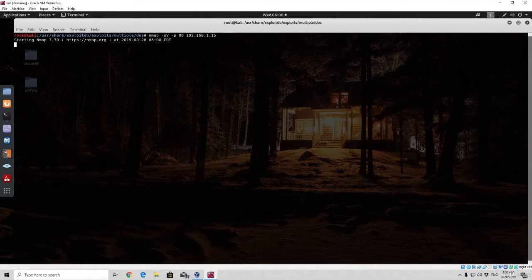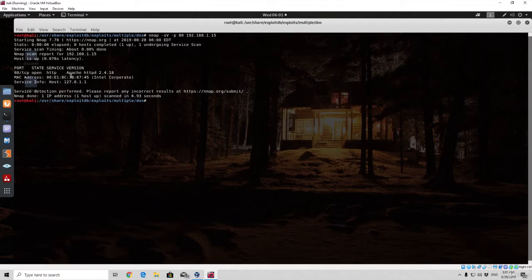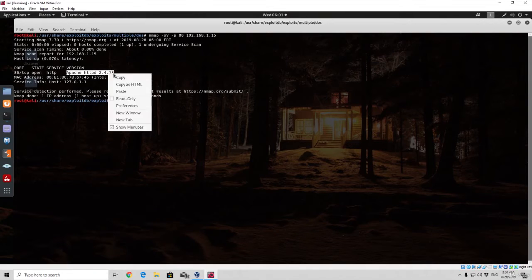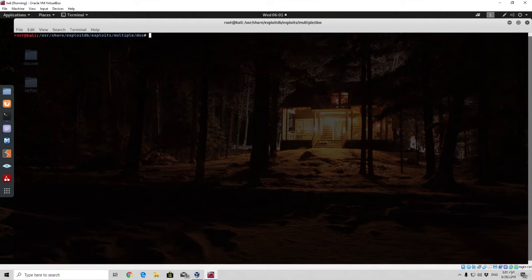And right here, let me just see, it has already finished, and we can discover that the version of the actual Apache 2 running on an open port 80 is Apache HTTPD 2.4.18. So I will simply copy this right here, and I will type Searchsploit and paste. And as we can see, Searchsploit didn't manage to actually find any exploits for this specific version,